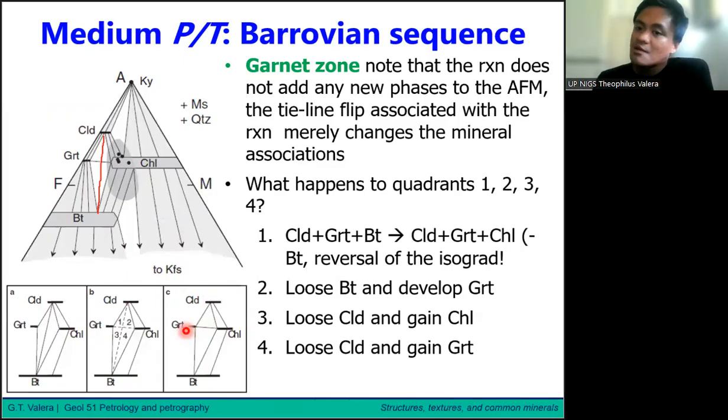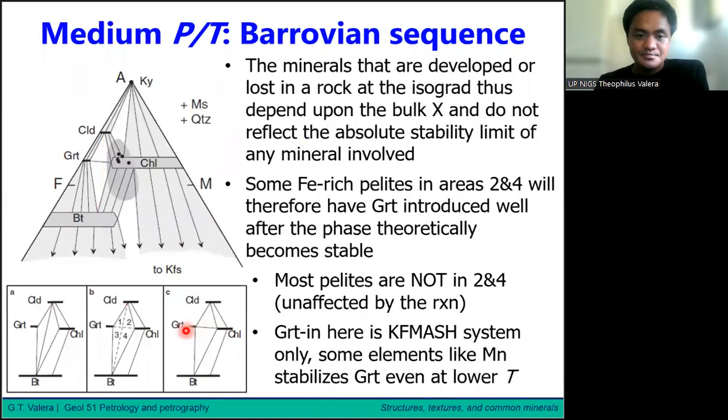Again, due to slight differences in bulk composition. So the minerals that are developed or lost in a rock at the isograd thus depend upon the bulk composition and do not reflect the absolute limit of any mineral involved. For example, some iron-rich pellets in areas 2 and 4 will therefore have garnet introduced well after the phase, garnet, is theoretically stable. Most pellets are not in 2 and 4, however, so that they are actually unaffected by the